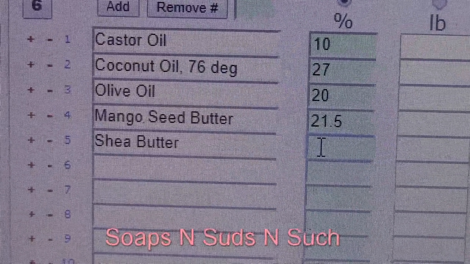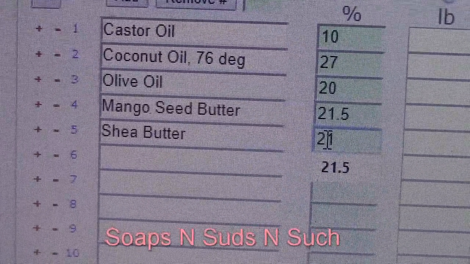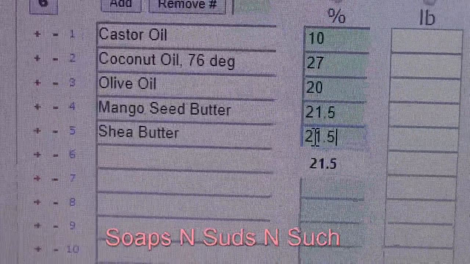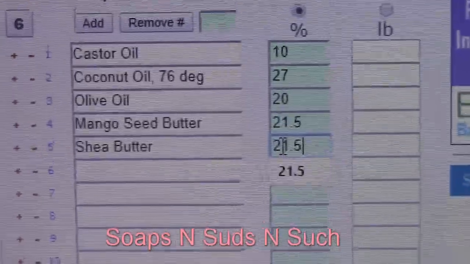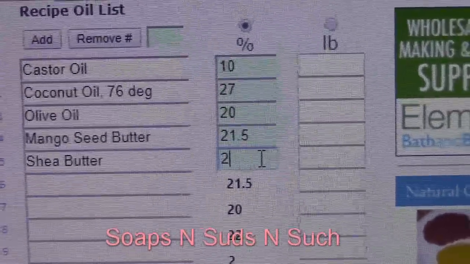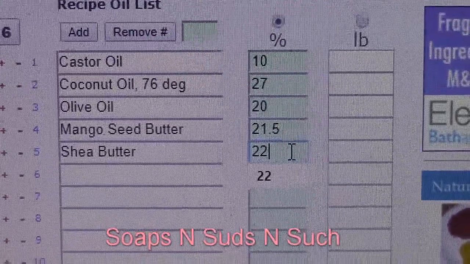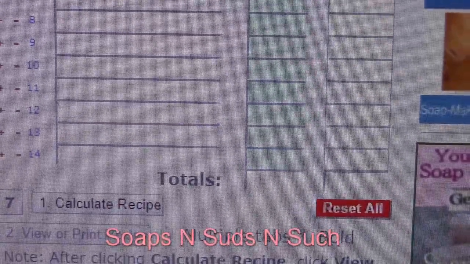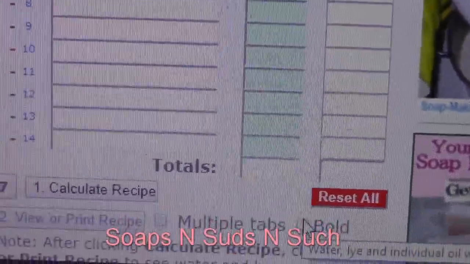Shea butter. I think I'm going to do another 21.5. That may come out. I'm going to try 22. I may be adding it wrong. I'm not good with adding in my head. Okay. Now, come down here. We got 22 in there. I'm going to come down here. I'm going to click bold,